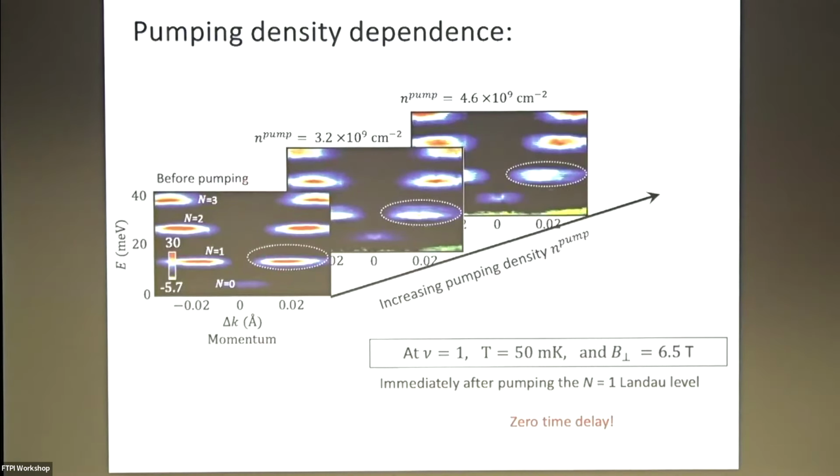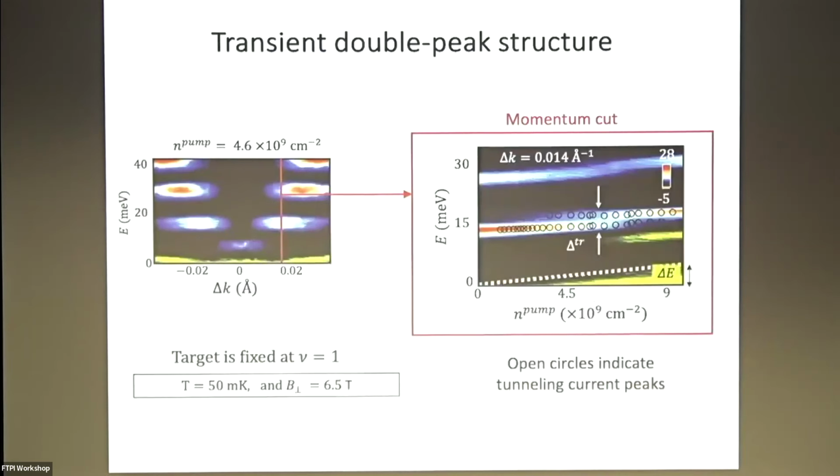Now, if you pump hard on this thing, so this is without any pump, you just see the Landau levels as before. As you pump hard on this thing, you see that this n equals 1 Landau level actually broadens, and it turns into something slightly different. What's interesting is to stay at fixed momentum, so we'll stay at this red line cut, and then look as a function of pumping strength, what happens to the energy of that state.